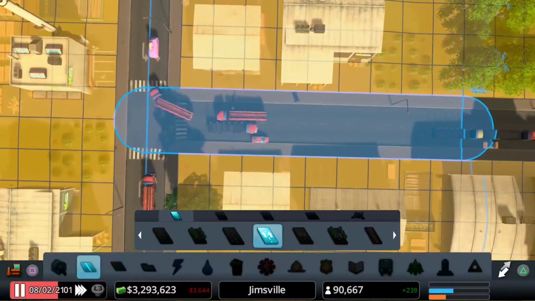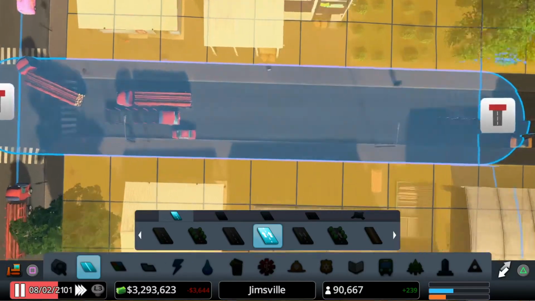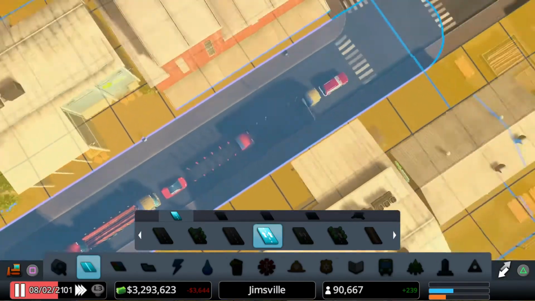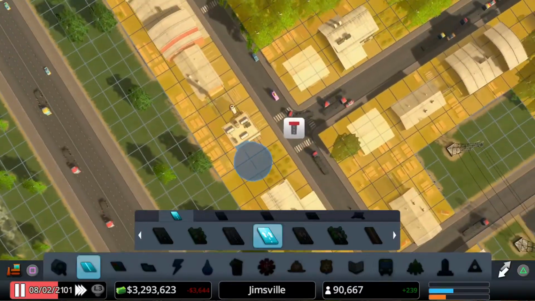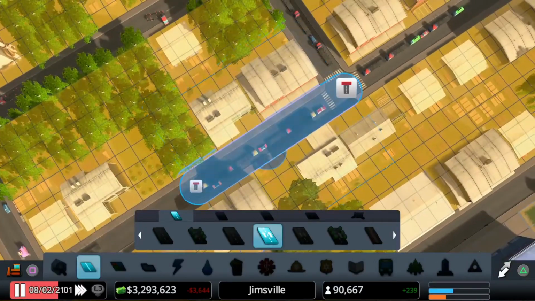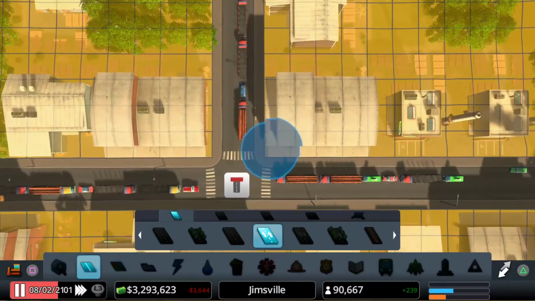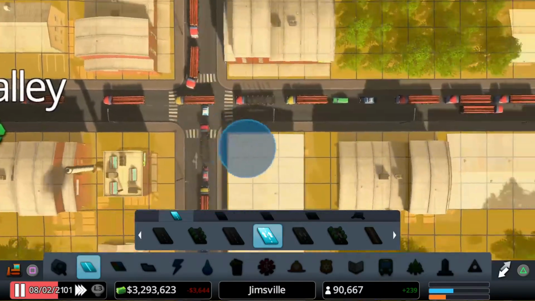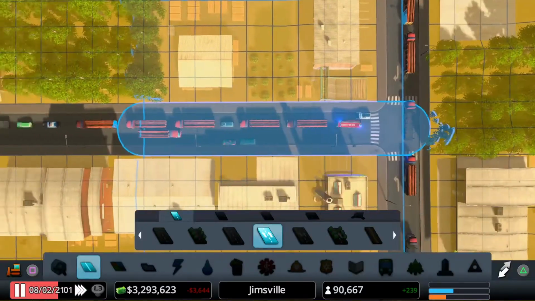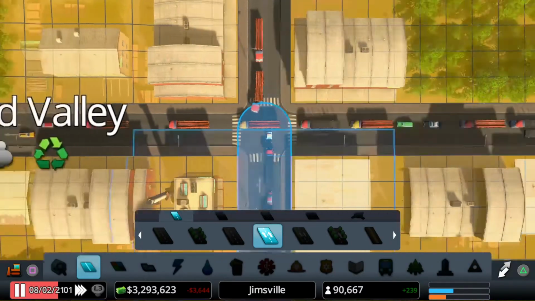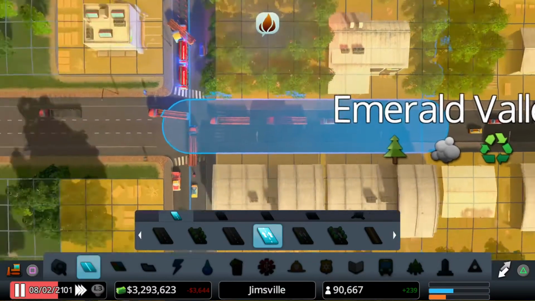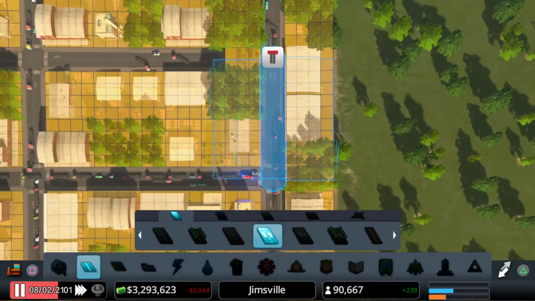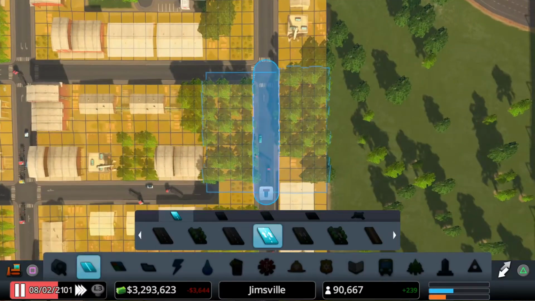So got that going. Can't see the arrows. That's going the wrong way. So that needs to go that way and that needs to go that way, I think. It's really hard to see. Flip that round and that round. There we go, that's right. All the traffic should feed that way. It does. That needs to flip round. Need to flip this. Some of these road junctions are going to get really busy.